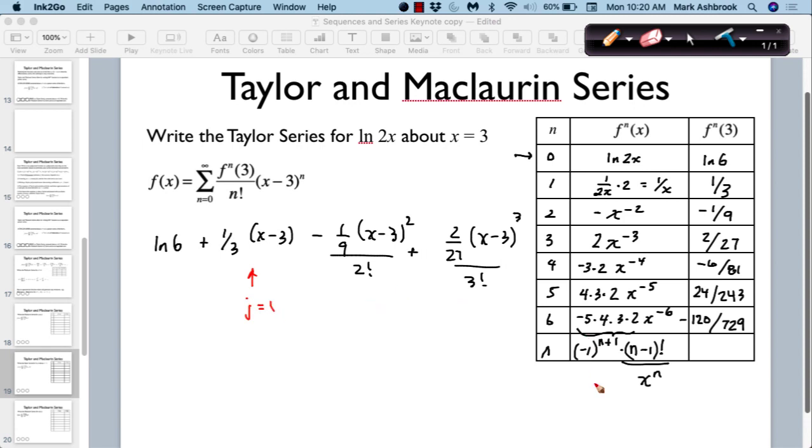So we'll do j equals 1, 2, 3. So we're not even really re-indexing, right? We're using the same index as before. I'll call it j. And so what is our general term? So we already did it. -1 to the j plus 1 times